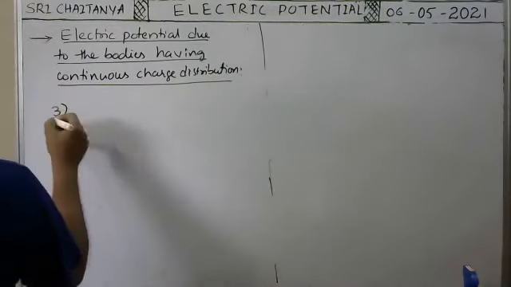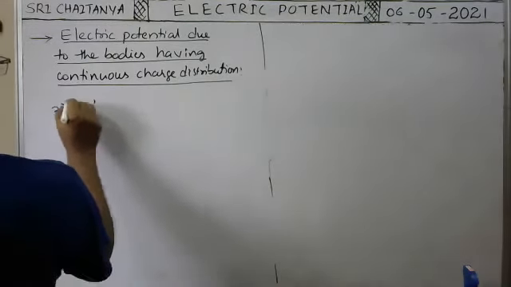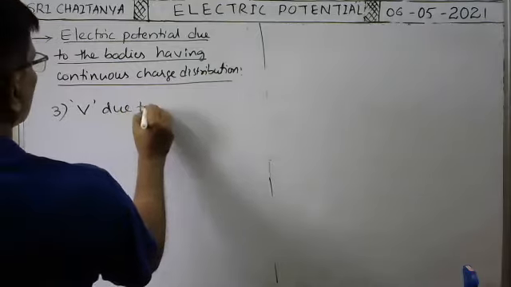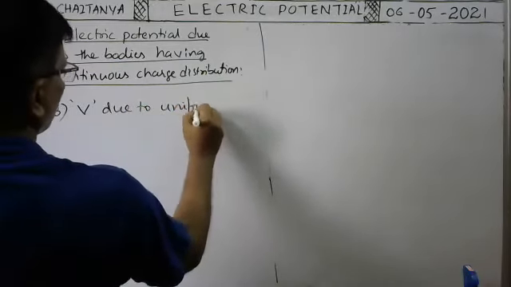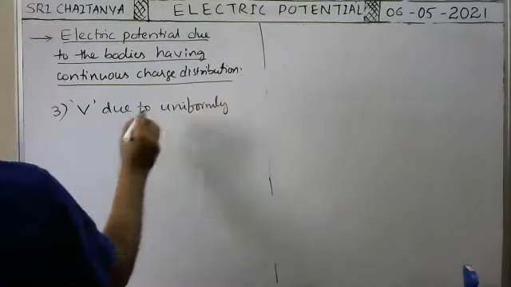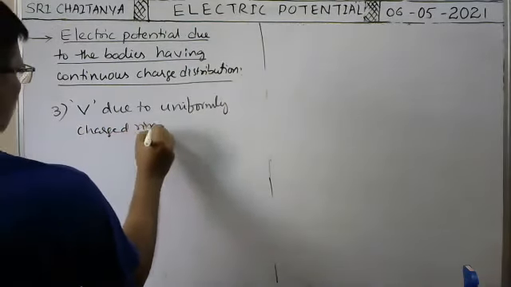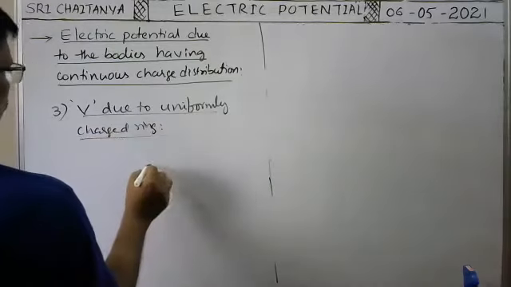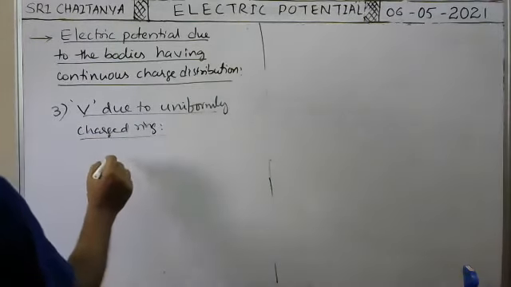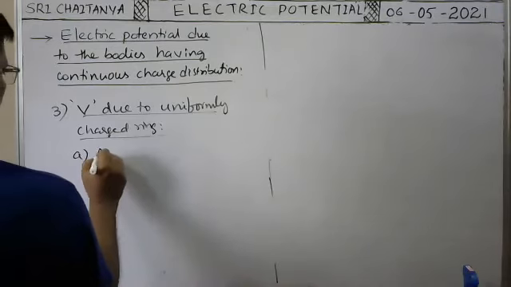Third one, electric potential due to uniformly charged ring. Last point, simple point only, uniformly charged ring. First, at the center,